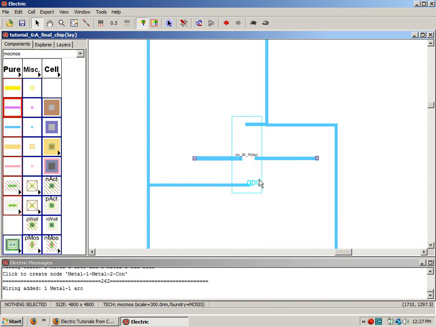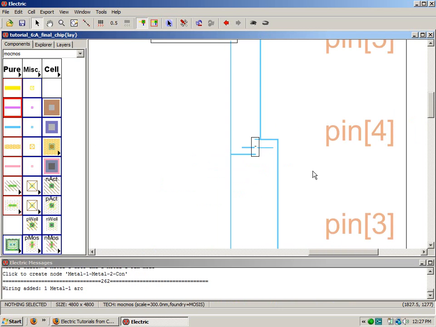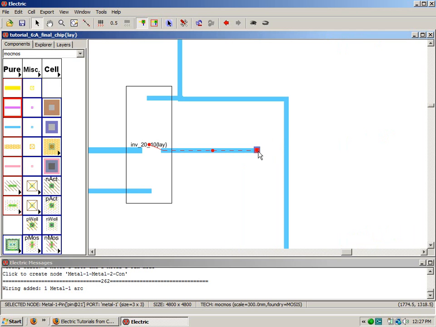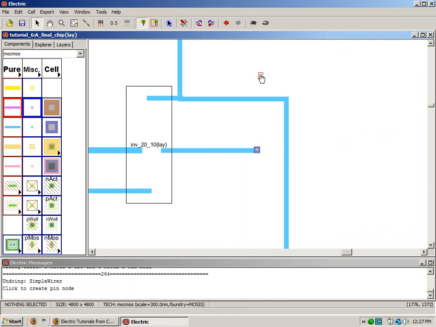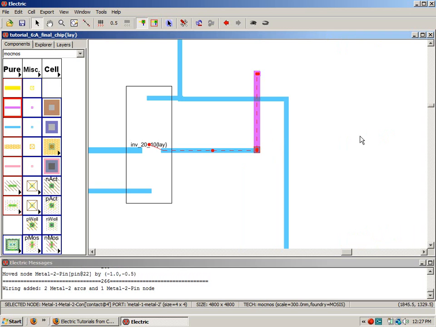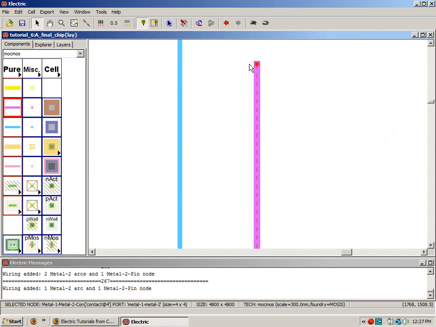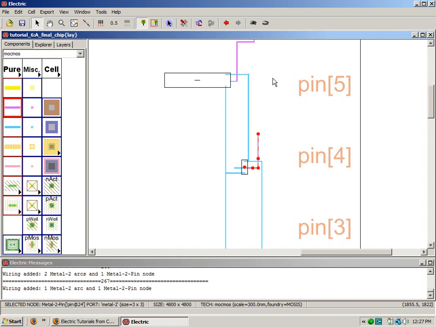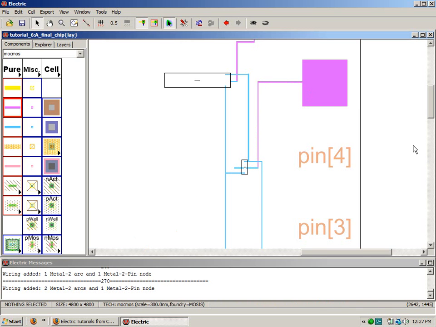And then get our, let's see, pin. That goes to pin 5, pin 6. So select that, go up here, whoops, Control Z. Let's put a metal 2 pin in here. Oh yeah, this is good times. Then go up, expand a little bit, and we want to go all the way up to pin 5. And then the input,